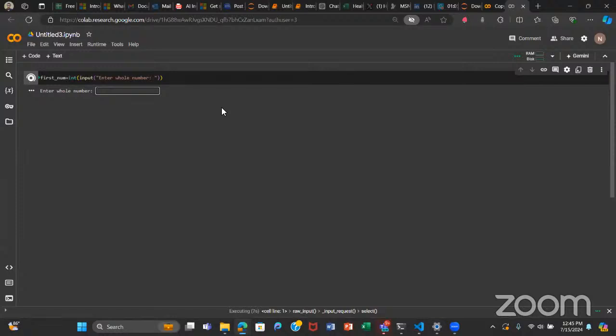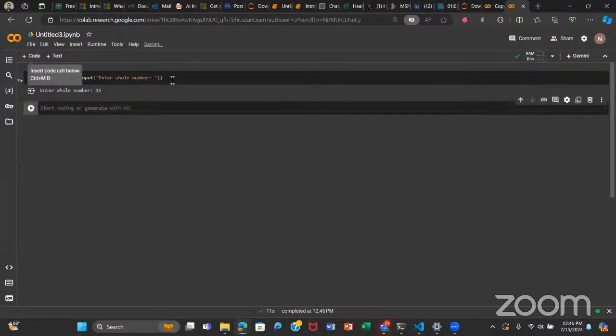So yeah, this is Colab. It's similar to Jupyter Notebook actually. And on Colab, it's quite straightforward as well. It's similar to what we did in Jupyter Notebook.